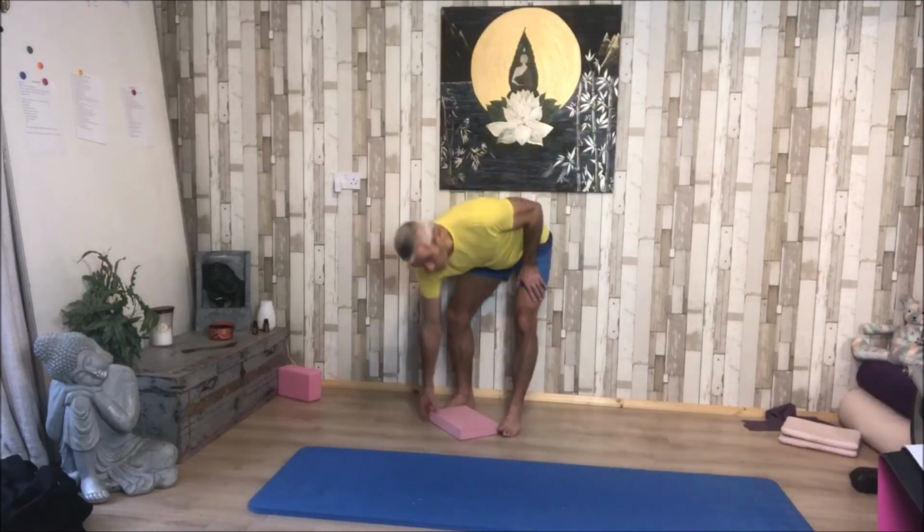So there's a world of difference. This side's compared to the other side, this side's easy. And come off the block. Let's take it down to the floor. You will want your block